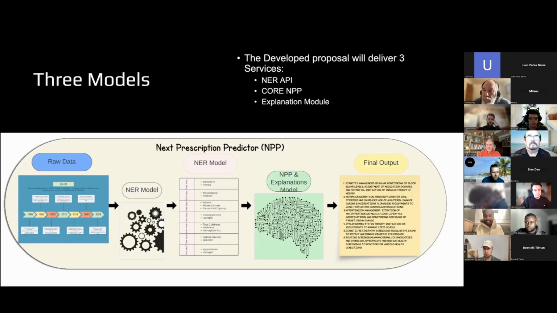This model extracts these features. Then we try to predict what the next keywords would be. Based on that, we finally use an explanation module that will take these terms, classify them as a disease, a treatment, or a prescription, and explain it to the final user.